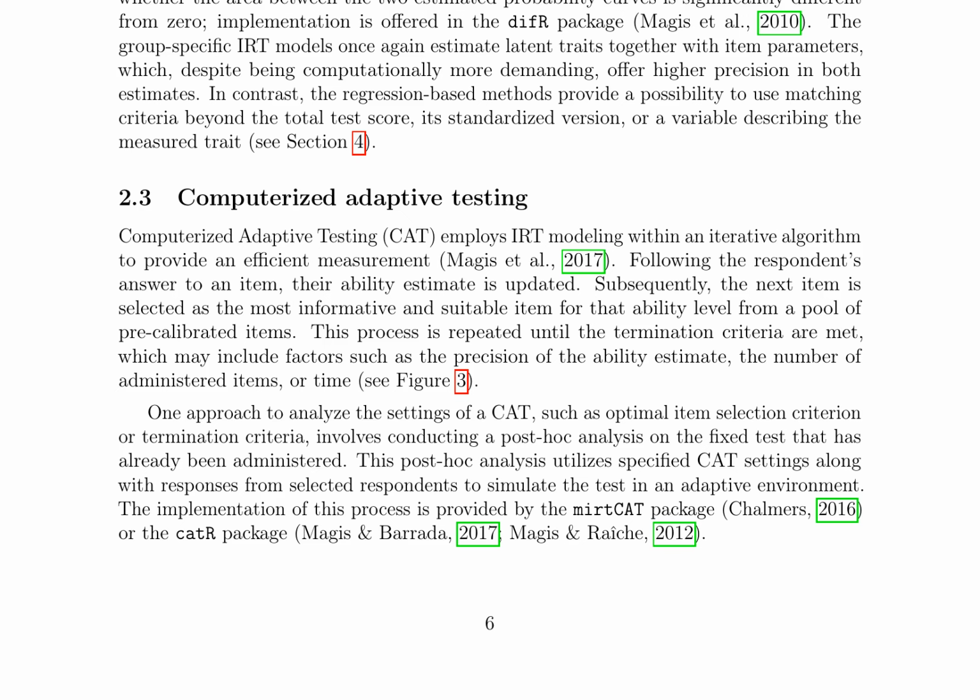Computerized adaptive testing, CAT, employs IRT modeling within an iterative algorithm to provide an efficient measurement. Following a respondent's answer to an item, their ability estimate is updated, and the next item is selected as the most informative and suitable item for that ability level from a pool of pre-calibrated items. This process is repeated until termination criteria are met. The mirtCAT package and catR package provide implementations for analyzing CAT settings and simulating the test in an adaptive